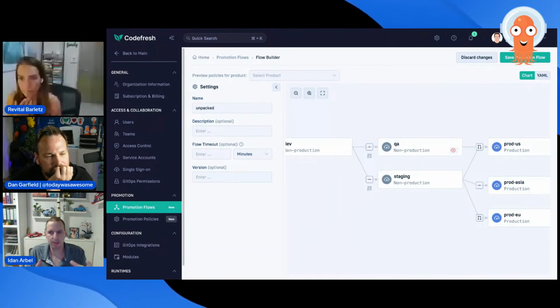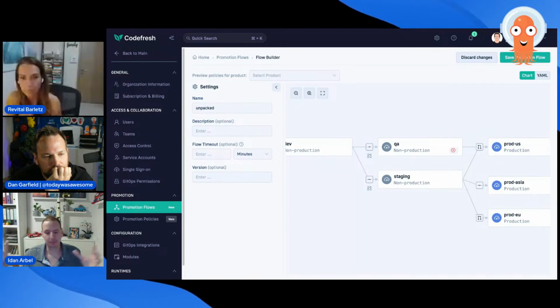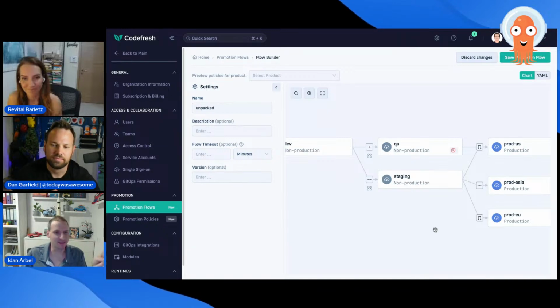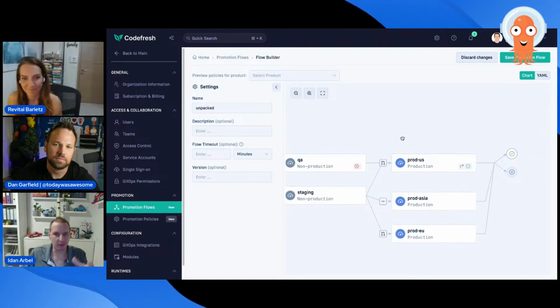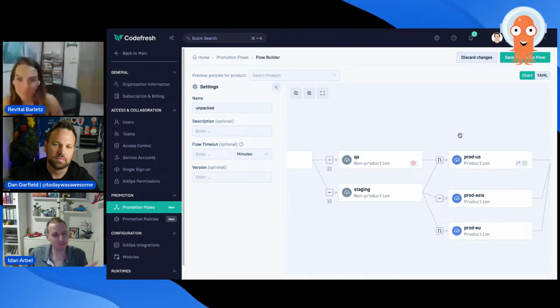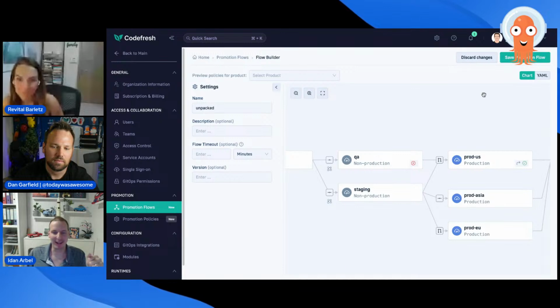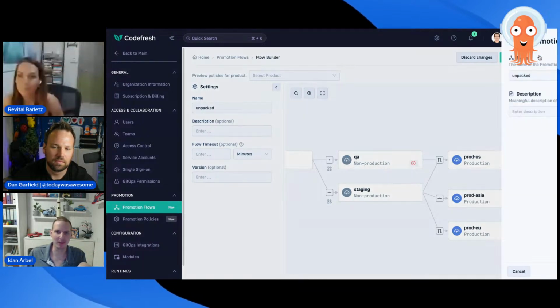I've talked to a bunch of people at KubeCon, and I gave them this challenge: give me a flow that I can't model here very easily. And fortunately, I haven't gotten this example yet. And it's completely flexible. And if it's not flexible enough for you, let us know. We're still working on this. This is not a done deal. I want to hear this feedback. I want to see what else we can improve here.